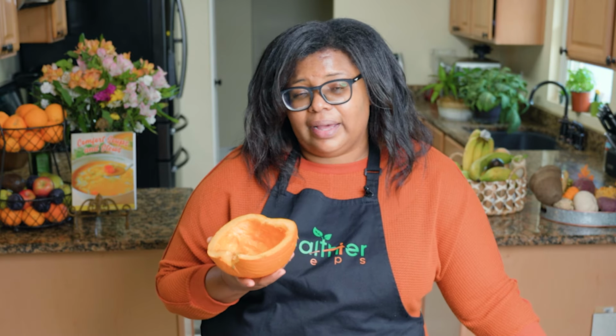This year, I decided to make pumpkin curry using the pumpkin that we use normally for pumpkin pie. I said, why not use the orange skin pumpkin? And boy, was I in for a treat. This is so flavorful. And because there are so many of these pumpkins all around right now, I'm like, why not use them up? So if you think this pumpkin is only for pumpkin pie, you are mistaken, because this